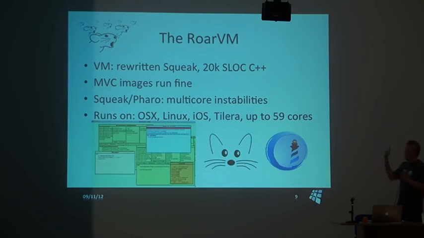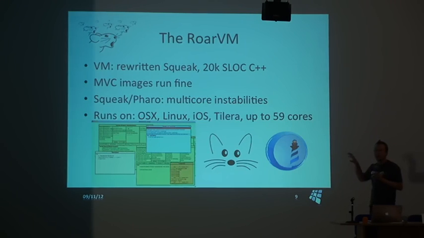We run on all kinds of platforms. We have a prototype running on the iPad. I don't have an iPad, so I can't show that off. But most importantly, the focus of the whole project was to run on the Tilera machine, and there we can use, because of operating system limitations, up to 59 cores, and we can have 59 Smalltalk processes running at the same time, which is basically what the goal of the project was,